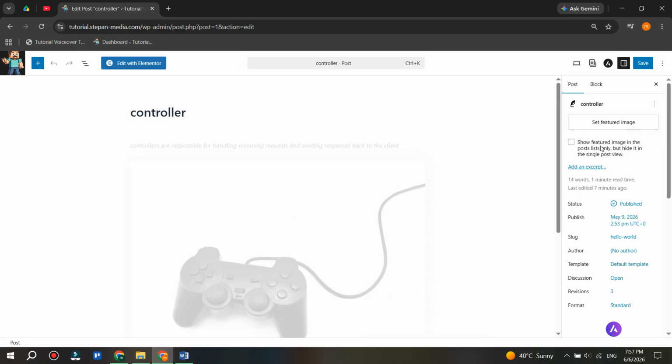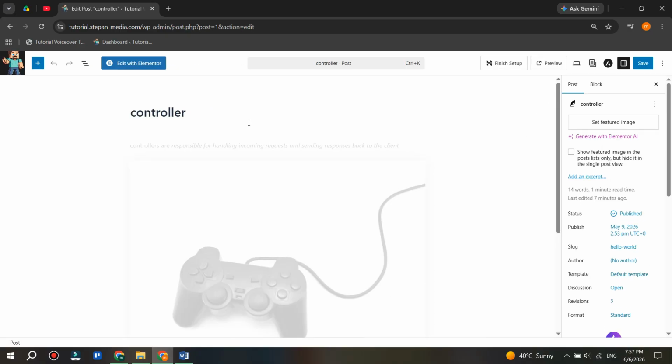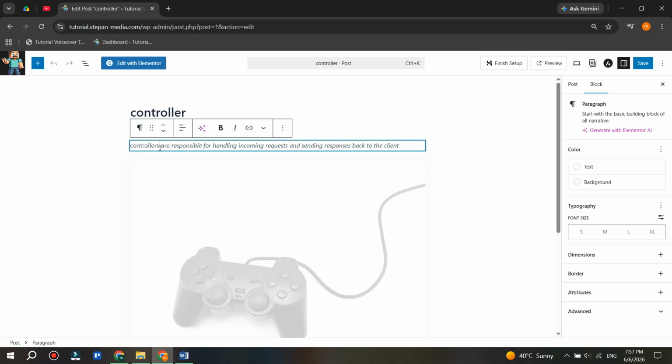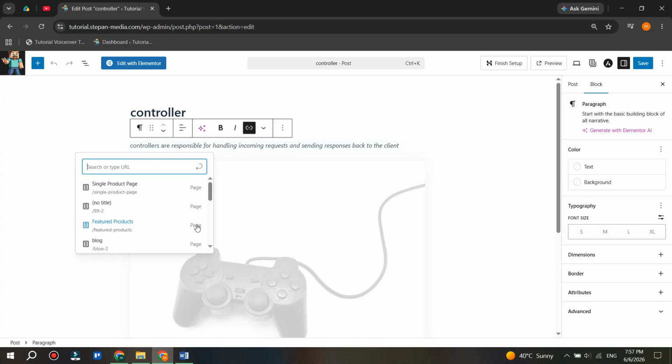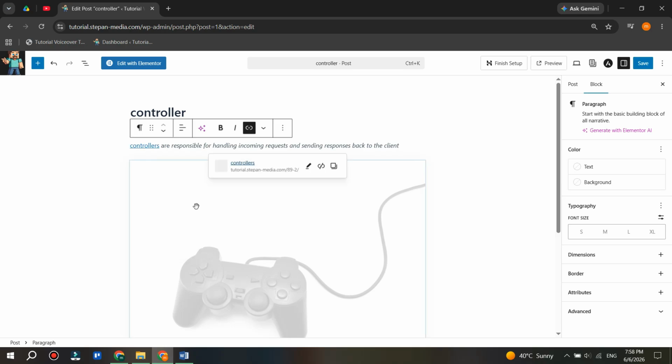Once the editor opens, highlight the text that you want visitors to click on. After selecting the text, click the link icon in the toolbar. A search box will appear where you can paste a URL or search for content that already exists on your website. Simply start typing the name of the post or page you want to link to, and WordPress will show